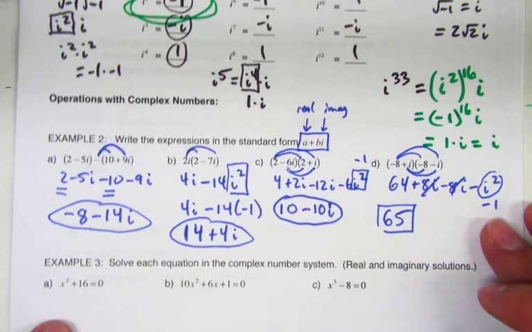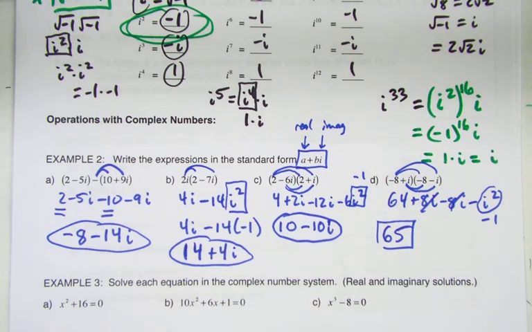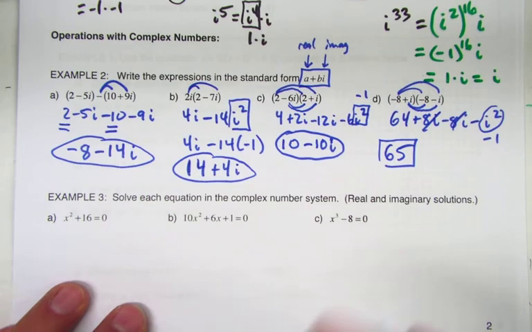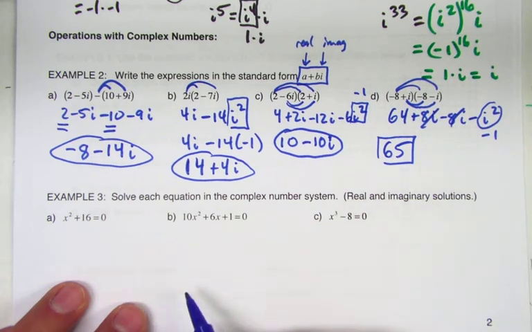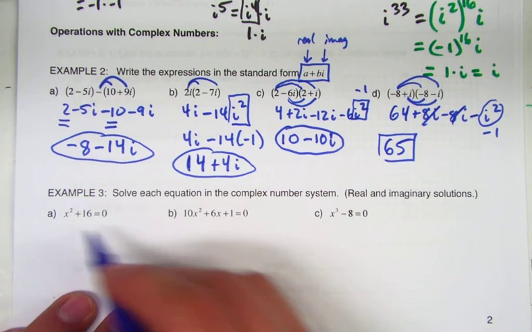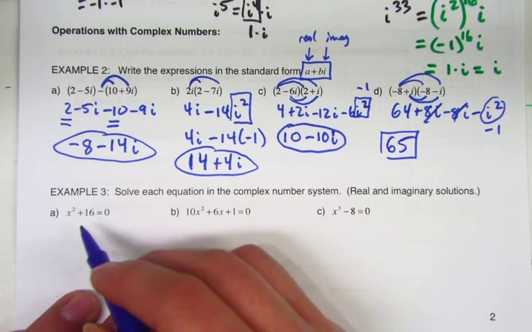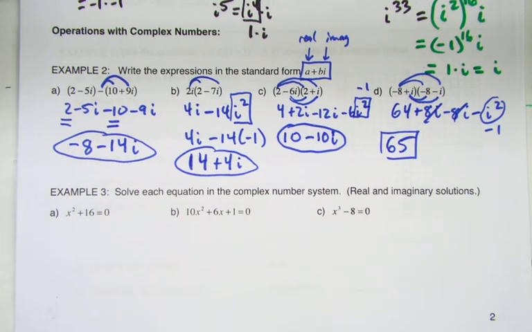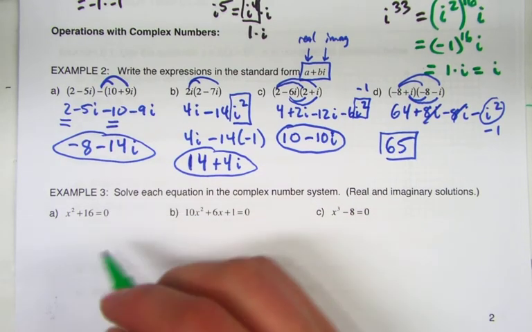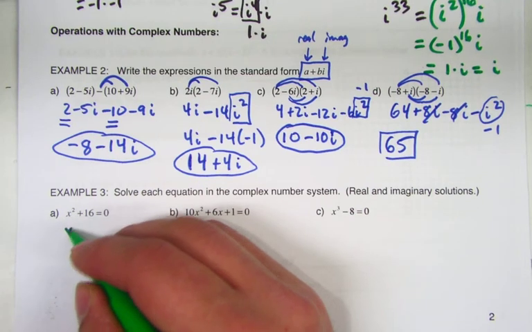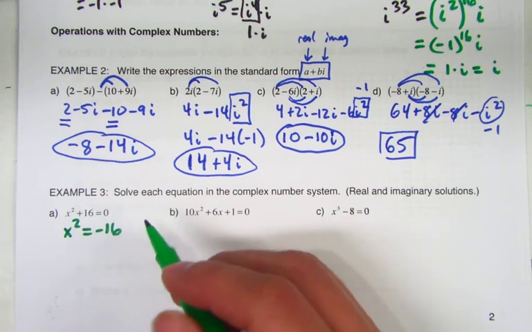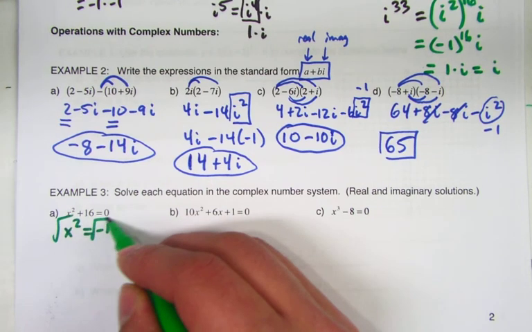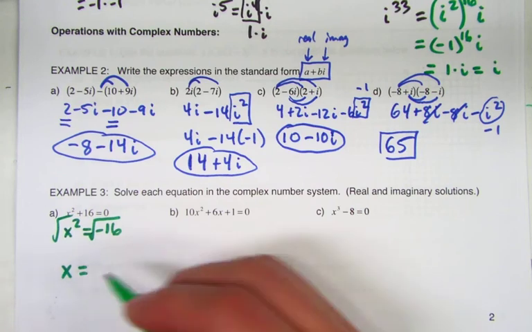All right, so now putting all this stuff together. In addition to adding and subtracting and multiplying, now we've got to apply what we've learned to quadratics. Okay, so here's a quadratic equation. It's already set to 0. You notice that there is no other x term except this x squared, which means that we could just solve by moving things around. So if you subtract 16 and then square root both sides, now you're going to get x equals plus or minus